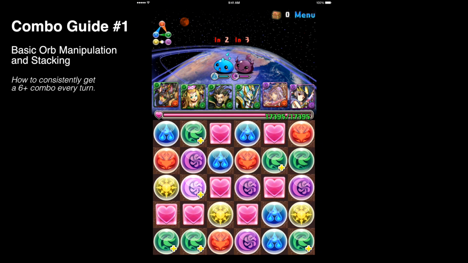Welcome back, guys. Today I'm looking at the basics of combos and a technique you can use to consistently hit 5, 6, and 7 combos. Now, the technique I'm going to show you is not the perfect, best, end-all way to match, but it's great for developing your fundamentals, and if you've just been matching randomly and haphazardly till now, this will help you ensure that you have a method and a plan to hit 5, 6, and 7 combos every board,